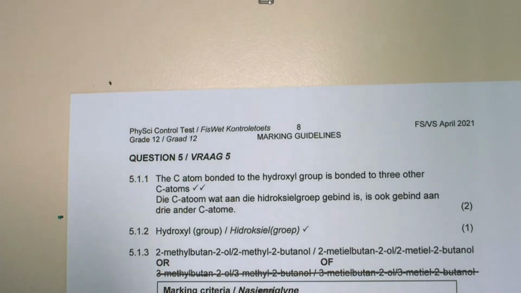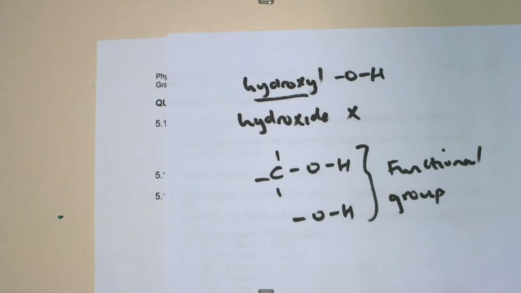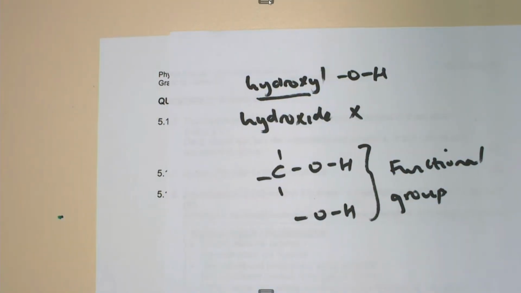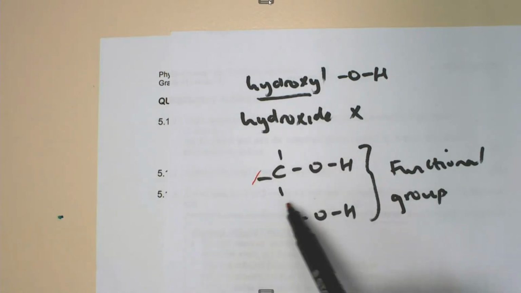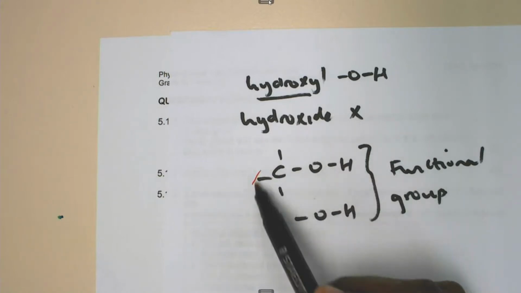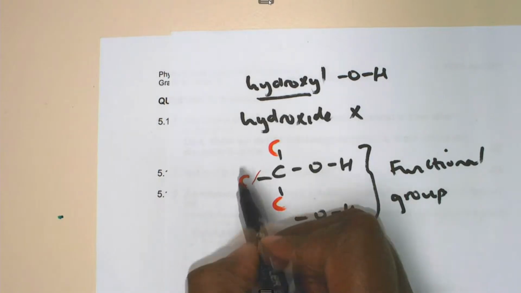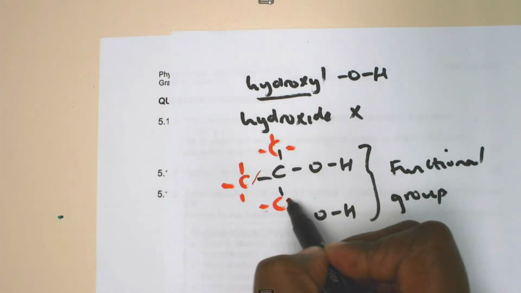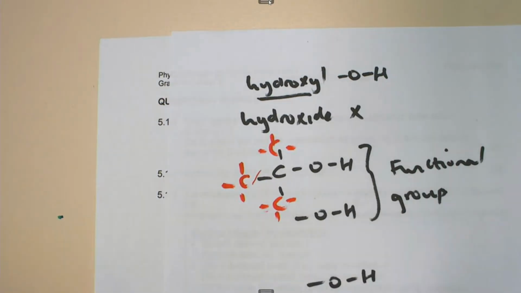Now, if this learner just says the carbon atom bonded to the functional group is bonded to 3 other carbon atoms, is this learner taking this as a functional group? And then saying this carbon that is bonded to this functional group is bonded to 3 other carbon atoms, which is correct? Or is this learner now talking about this OH, which is the functional group, and saying that now